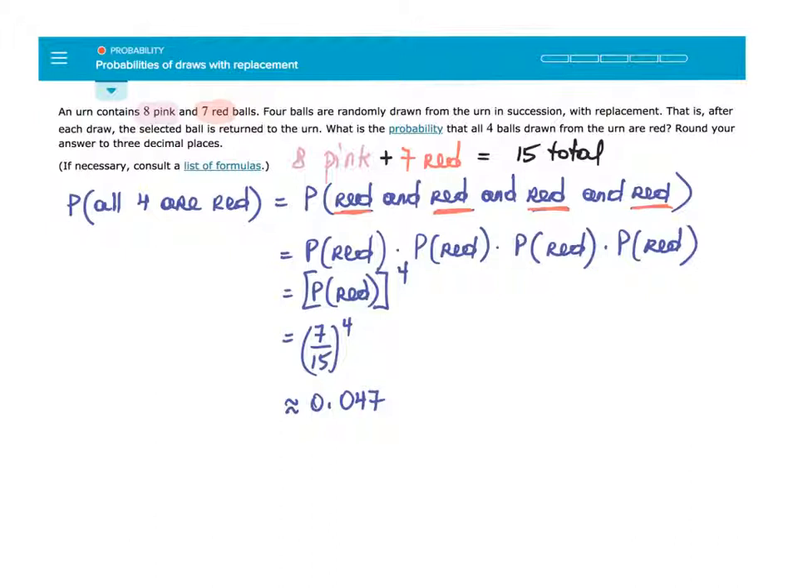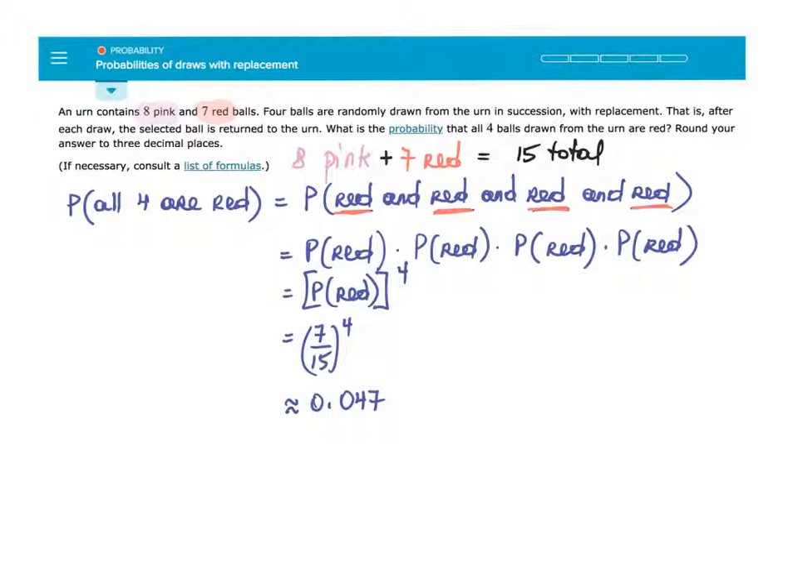Because events are independent, we have a product of probability of red times probability of red times probability of getting a red, and the fourth time the same thing. It can be written in a shorter way as probability of red raised to the 4th power. What is the probability of getting a red ball? Well, there are 7 red balls out of 15 balls altogether, so 7/15 is the probability of pulling out at random a red ball. Raise it to the 4th power